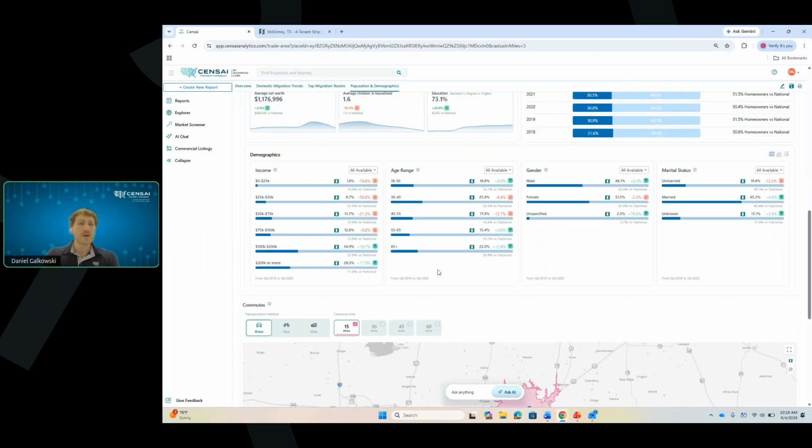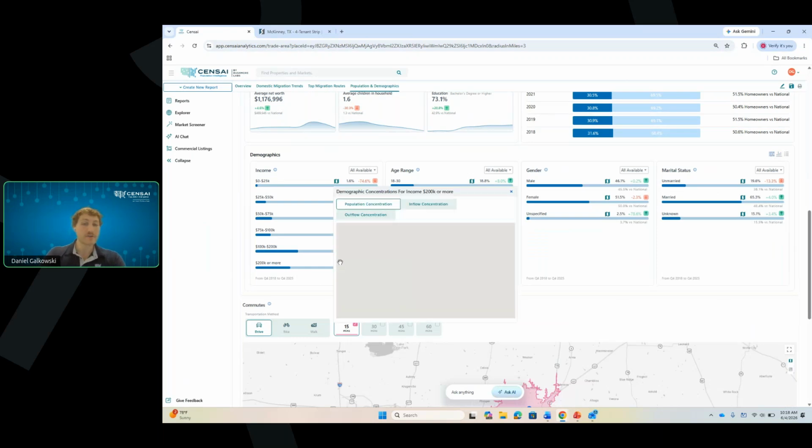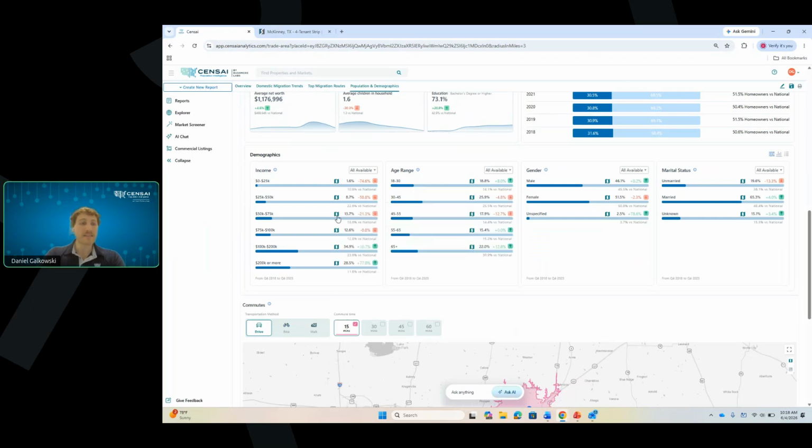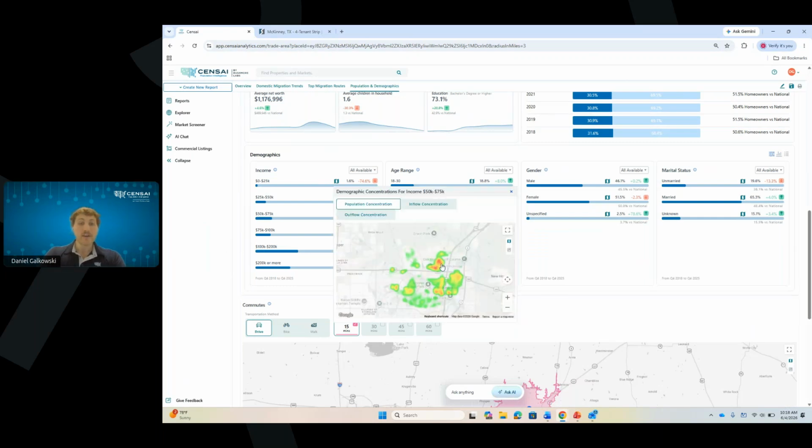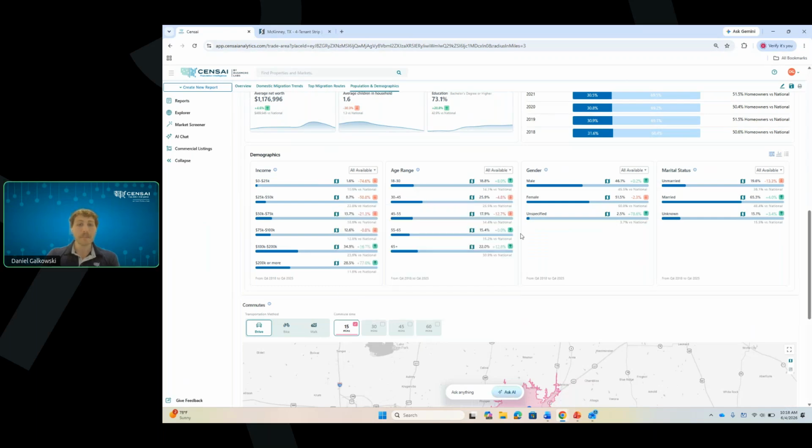And just another view would also be, we also do have the heat maps as well. So I could click on a heat map for the 200,000 or more, just to see where some of those folks are clustered in this specific trade area. Looks like they're primarily clustered on the southern and western side. And then we could also compare maybe like the 50 to 75,000. And you can see that they're clustered a little bit more on the east and north side. So if your specific property matches one of these personas, you're able to kind of see, is this a good spot for site selection for my property or my intended persona. Also have those for age as well, which is always fun to play around with too.